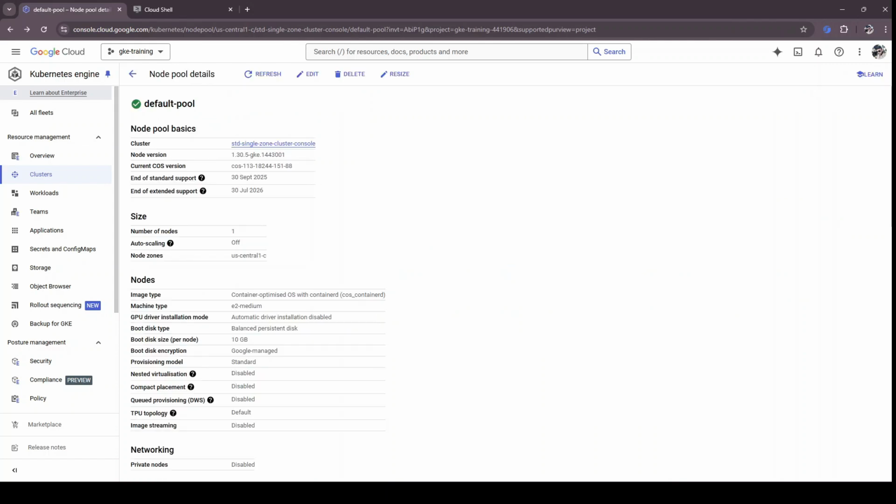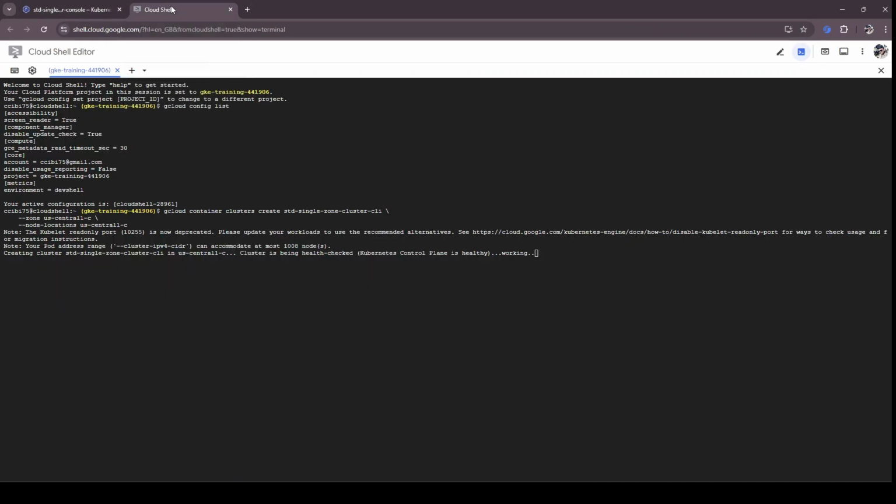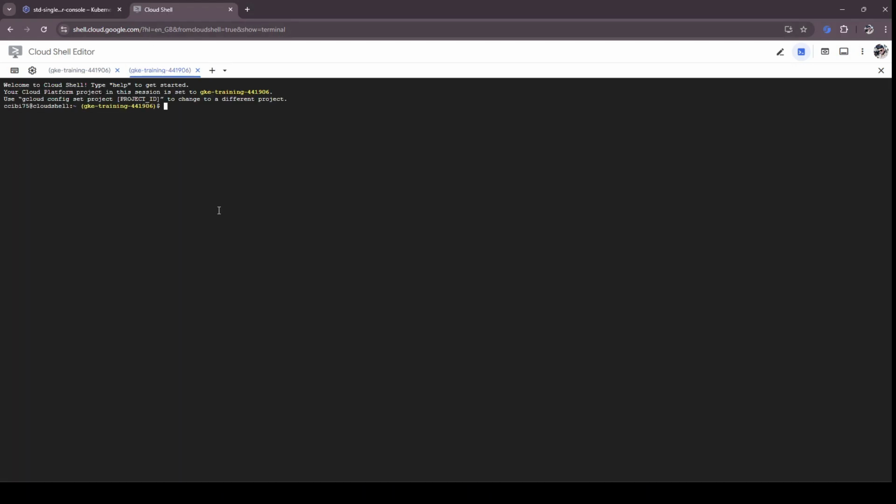Go back. Go to the CloudShell to have a sample workload deployed. We'll use kubectl to deploy this Nginx workload. I have the command pre-written. But first, we have to get the kubeconfig so that we can connect to this cluster using the kubectl command. This is the command: gcloud container clusters get-credentials, the cluster name, and then the location where the cluster is created. If we hit enter,